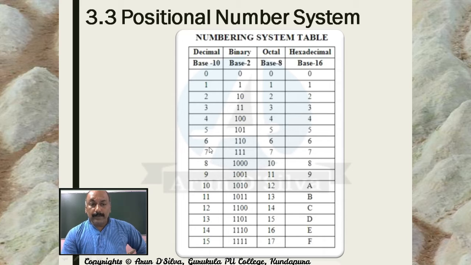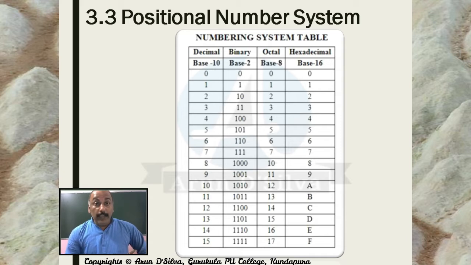If you go like this, binary changes according to the number. But in the octal number system, from 0 to 7 it remains the same. When it reaches 7, the next number is 1 0. Then 1 1, 1 2, 1 3, 1 4, 1 5, 1 6, 1 7. And after that, it goes to 2 0. In hexadecimal, there are 15 numbers, and after F, it comes 1 0. So it goes till 1F. Once it reaches 1F, it becomes 2 0. So this is the way the number system goes.